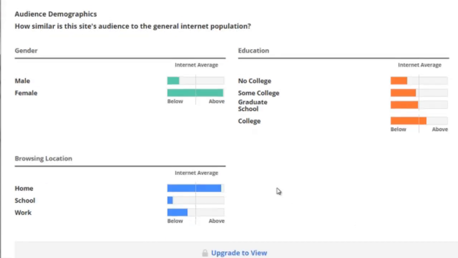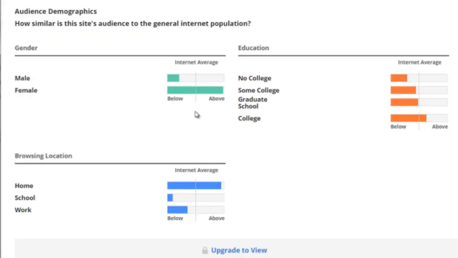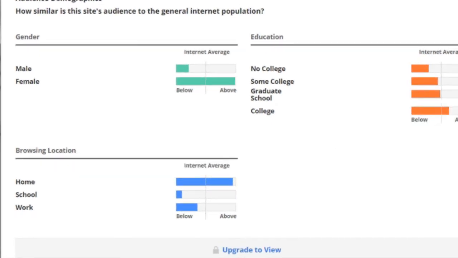So we can see that the majority of it is about female. It looks like about 90-95% female and about 5% male, or maybe a very, very little percentage of male. Then we can see that these females have at least college or graduate school, and they surf primarily at home. Now, that's all the data that we need right now, because we can always use the next step, which is